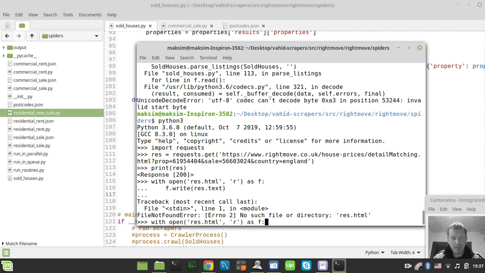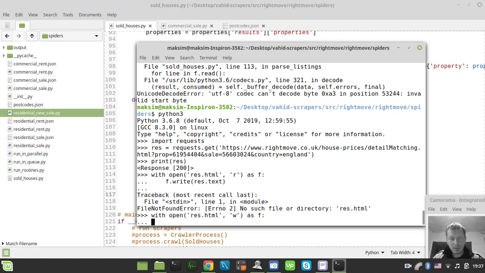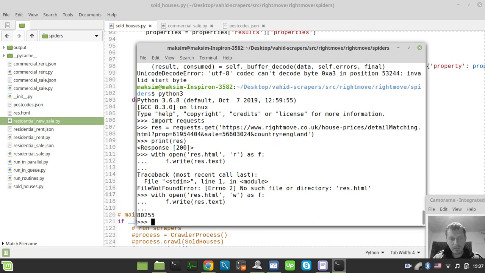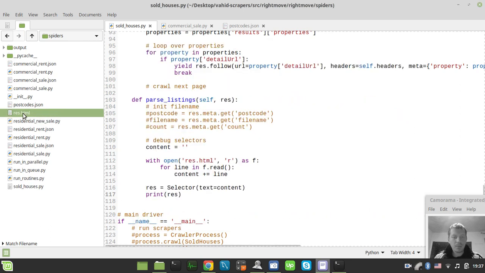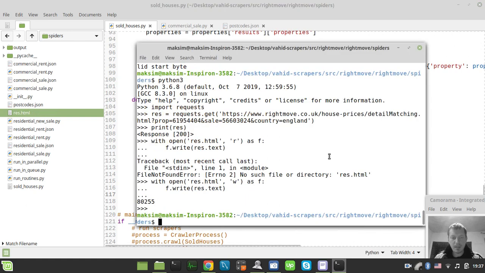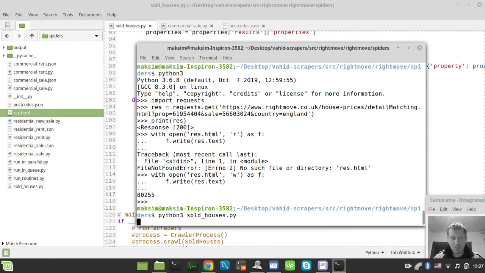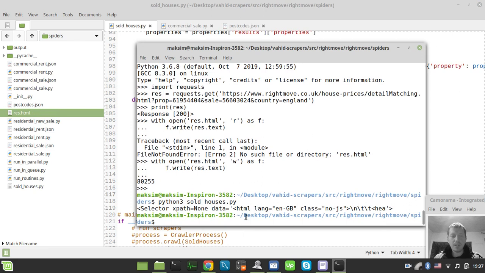Oh no. Sorry, not to read, but to write. Yeah, great. So now we have our response object again, and I guess now this should work. Yeah, great. So now the selector has been initialized successfully, which means that from now on we can actually